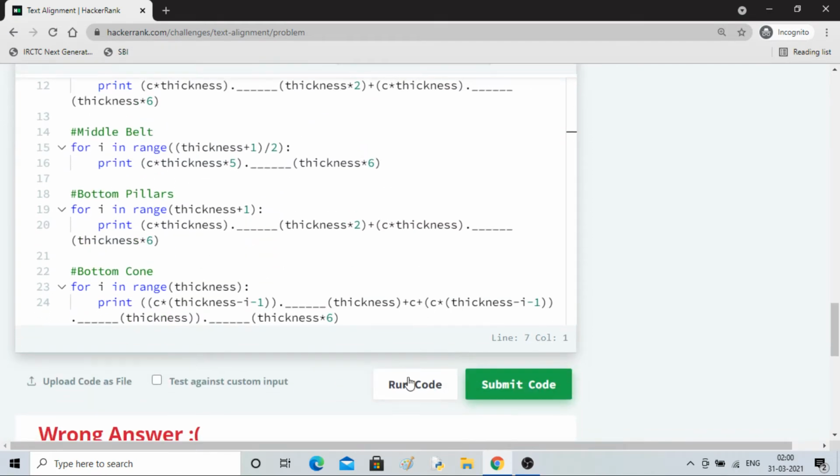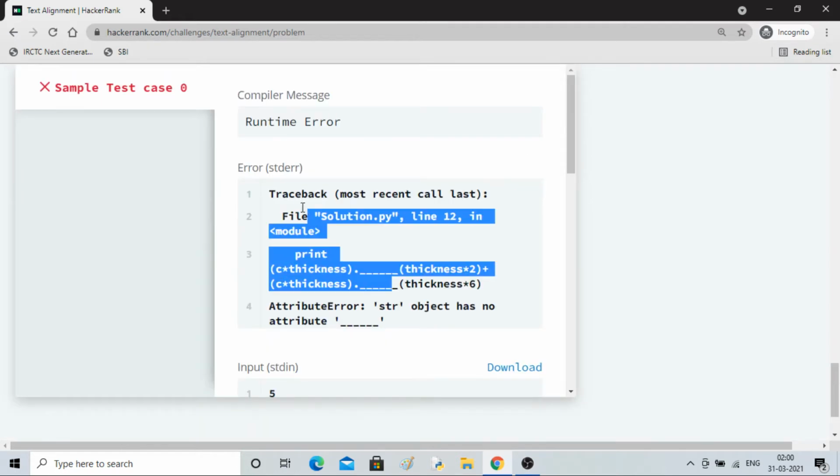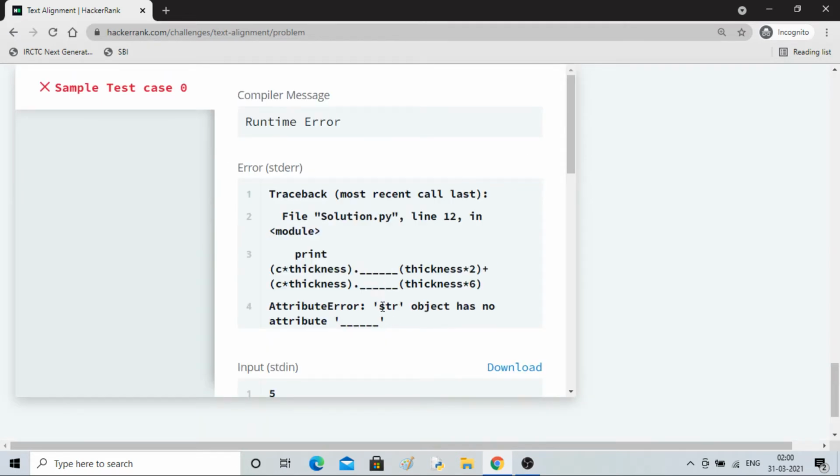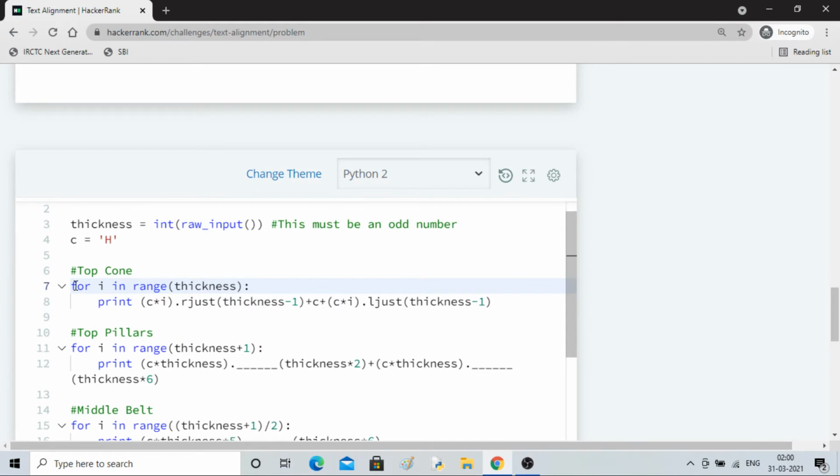Let's see. I have not filled the position, so it is telling that there is an error: string object has no attribute dash dash dash. We had to put some attribute, right? That's why it is showing the error.